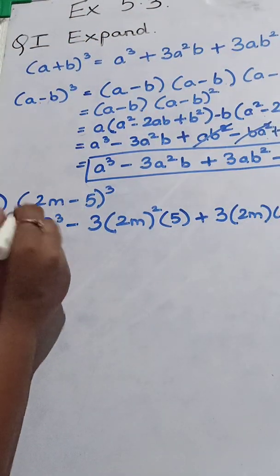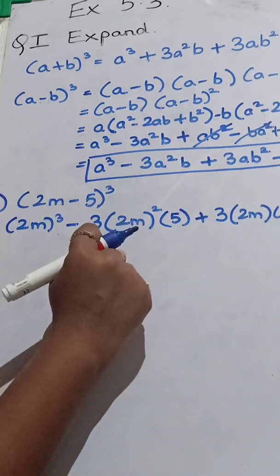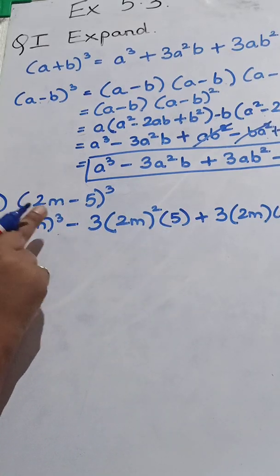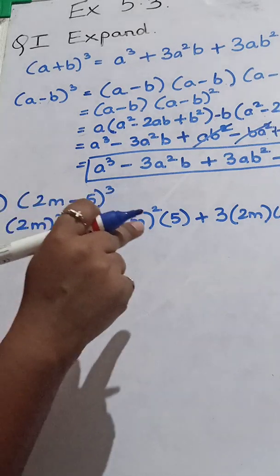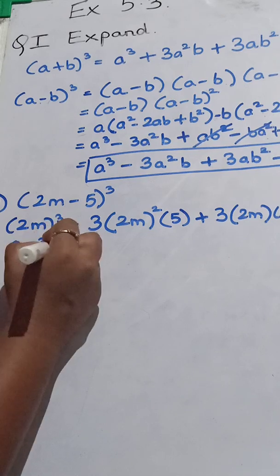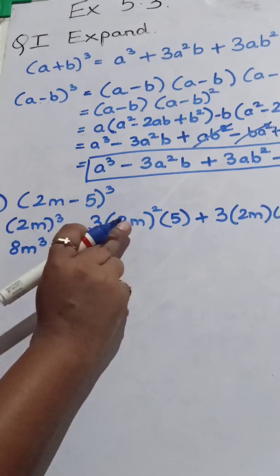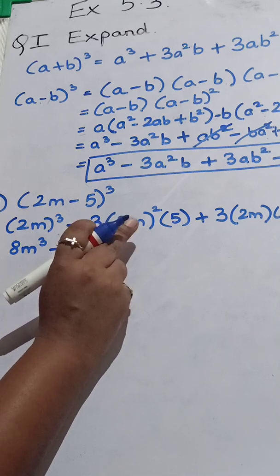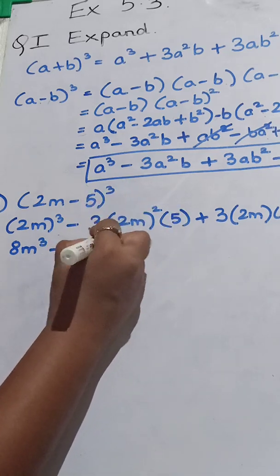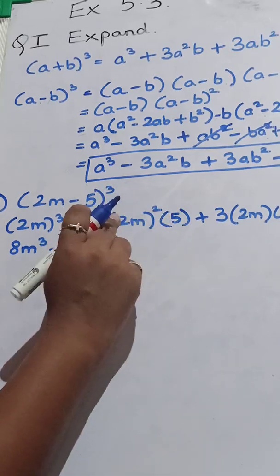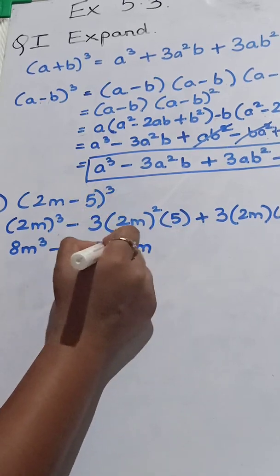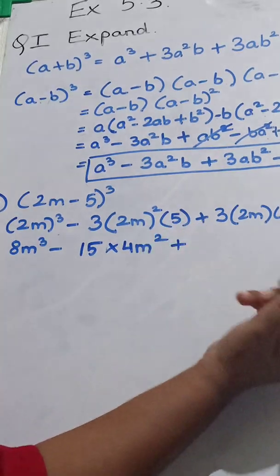So again we will begin solving the brackets first. Once we finish the brackets, then we are going to add them. So 2 cube it is, 2 multiplied by 2 multiplied by 2. That is 2 2s are 4, 4 2s are 8. So here we get 8m cube minus. Here when we are multiplying, again we have a bracket, so first we are going to solve the bracket. Before that we can solve these two. So 3 5s are 15. And in the bracket we are solving 2 2s are 4, so we get 4m square plus.